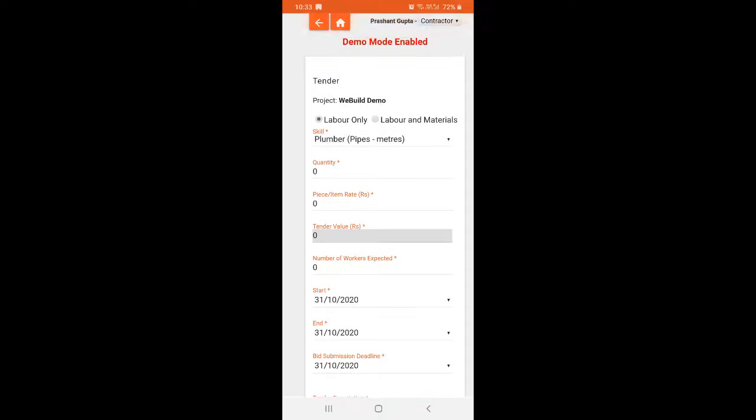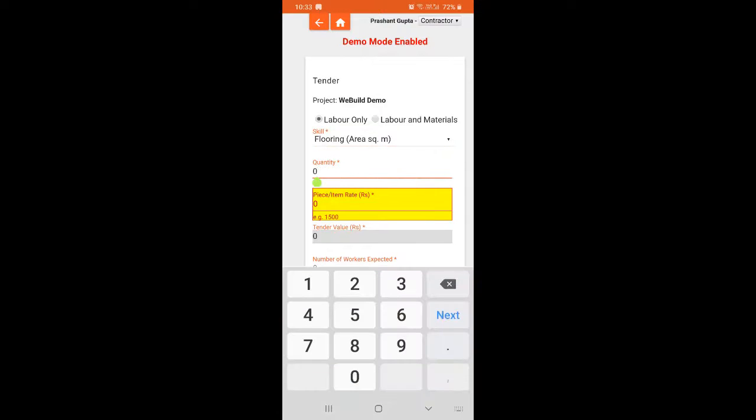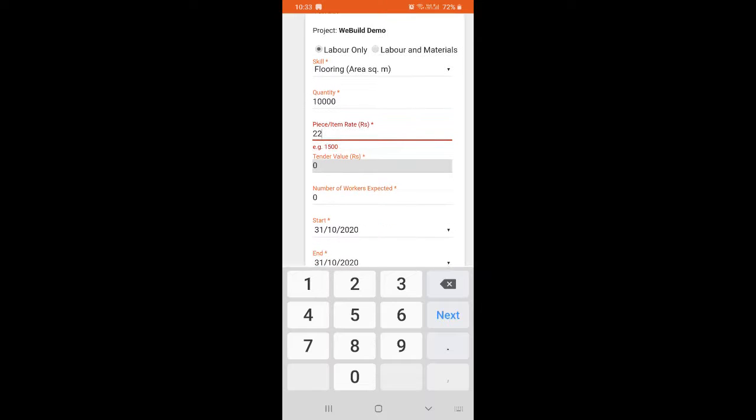This is the screen I see. Okay, what do I say here? Is it a labor only contract or a labor and materials contract? If it's a labor only contract as an example, and I say it's a flooring contract, the quantity is in square meters. So let's say I say it is 10,000 square meters, and the rate I'm willing to pay is 220 rupees per square meter. So that's the tender value. That is 22 lakh rupees is the tender value,